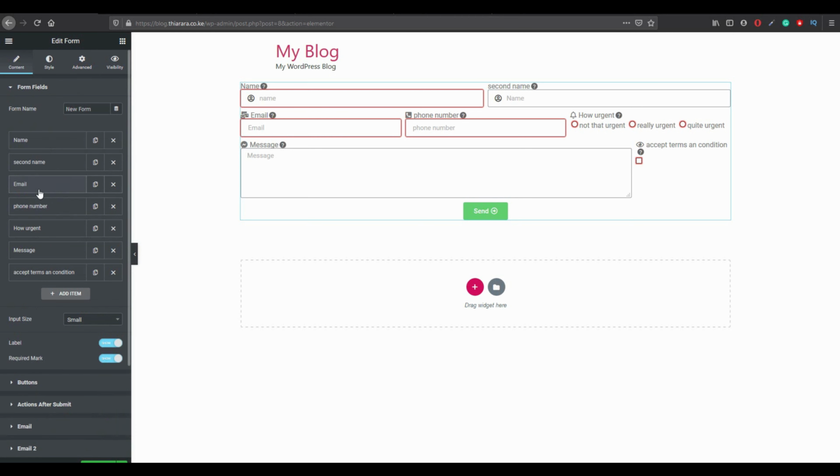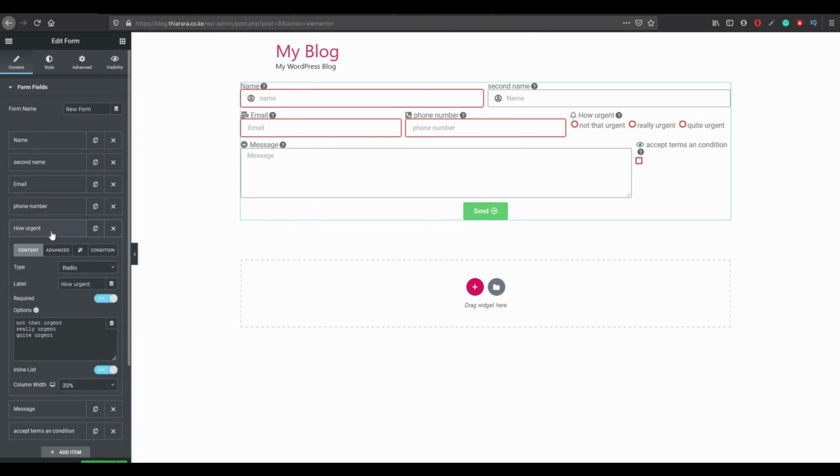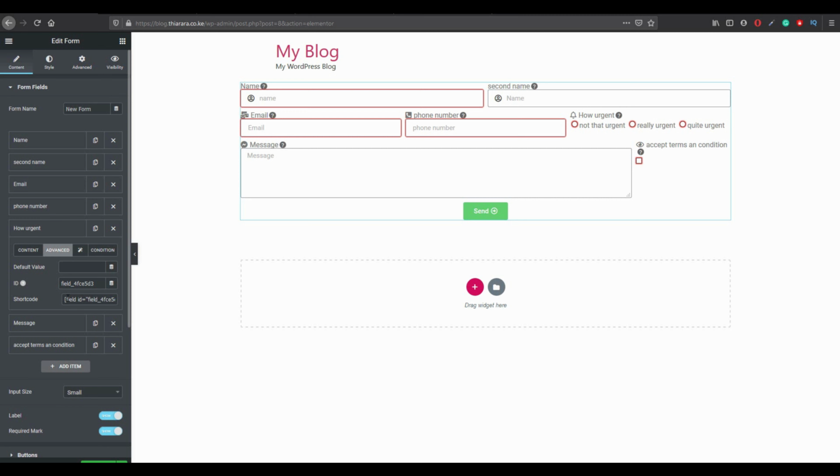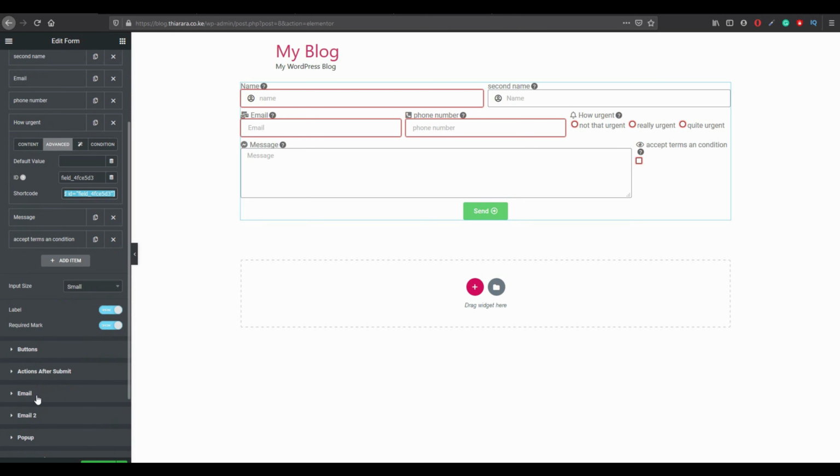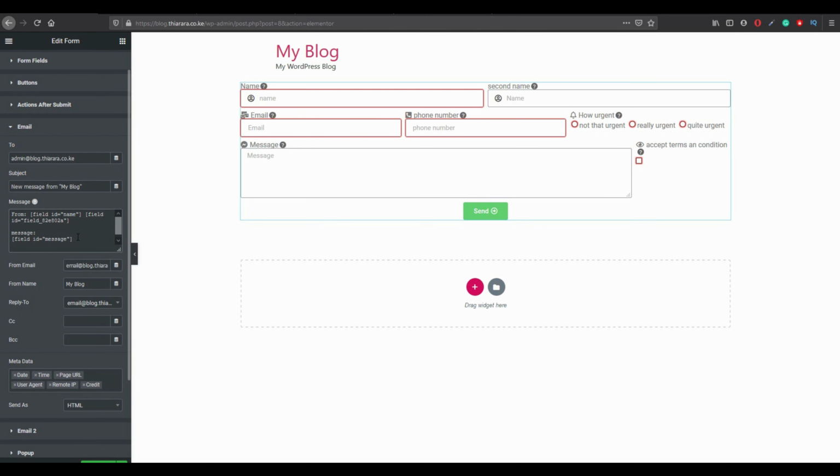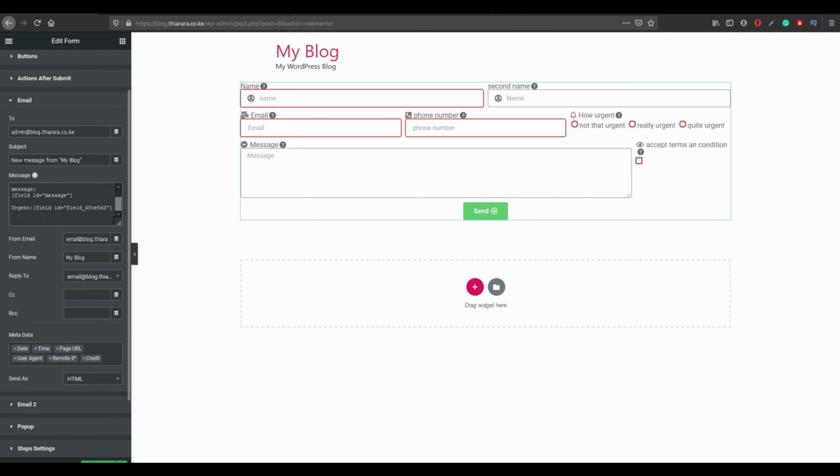Now we need email and how urgent it is. So you can come here and find the shortcode for how urgent is it. Copy that and then come here, remember you have to scroll down there. How urgent, semicolon, and then you paste the code. Use your enter button to enter down and say contacts. You say phone,